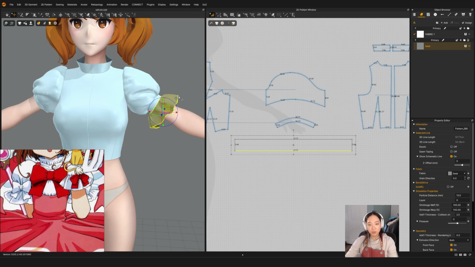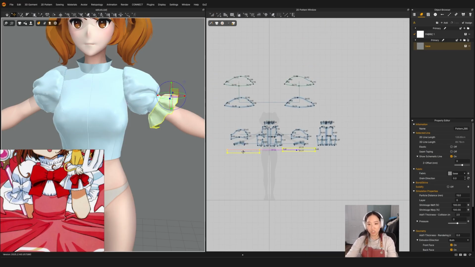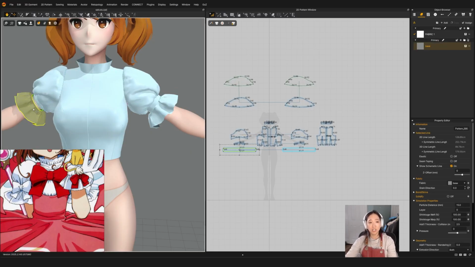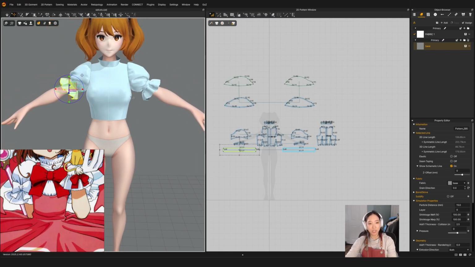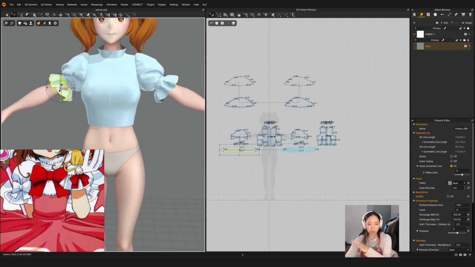Cancel. Ooh, did I almost... Oh! I almost deleted it all. Alright, and we're going to control D so that we get the guy from the other side for free. Simmer, go away. Alright. Cool, so now that we have our sleeves,